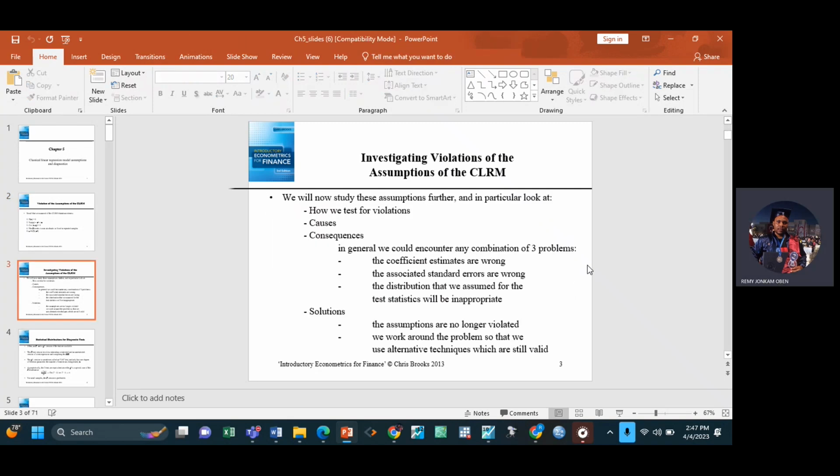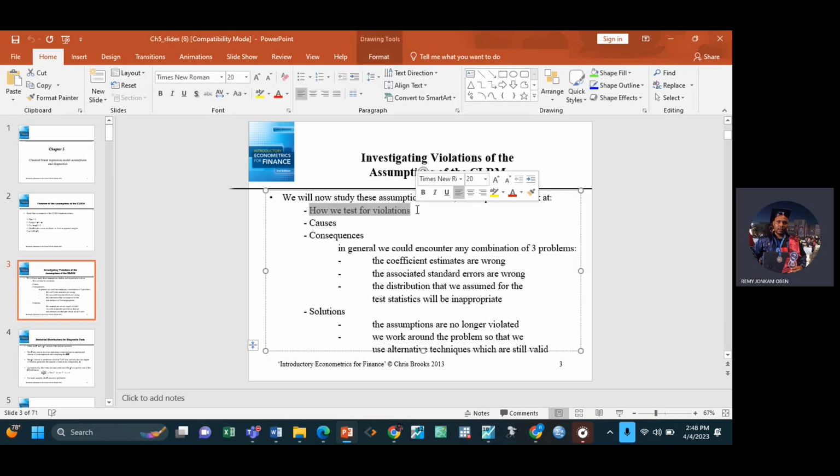Now, for each of these assumptions, we're going to follow a format, or let me say a template. For each assumption, especially with the diagnostics, you need to know four basic things. First of all, you should know how to detect it. For instance, let's take autocorrelation as an example. You should know how to test for it, how to detect autocorrelation. You should know the causes, what causes autocorrelation. You should know the consequences, right?